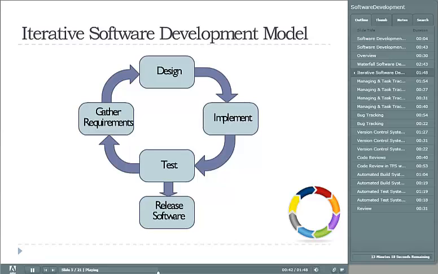And I should add now that each time you go around the cycle, that's called one iteration, and that's why it's called the iterative model. The amount of time that it takes to complete one iteration can vary, but it's quite common to have between 3 and 5 weeks to complete one iteration. That's long enough to implement significant pieces of code, but it's short enough that you can still